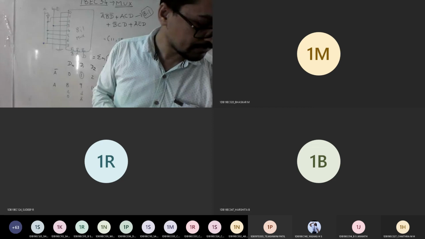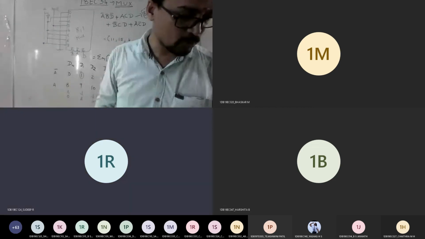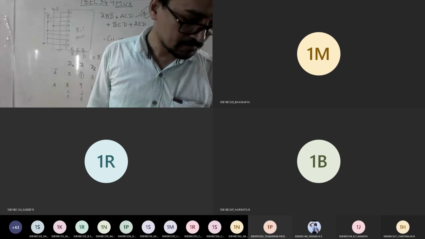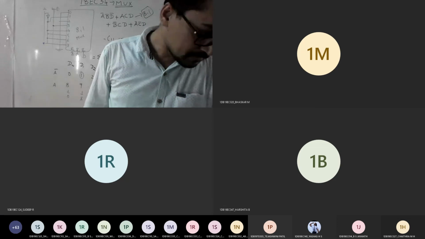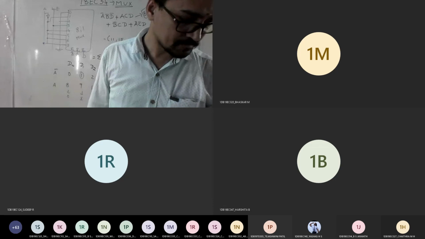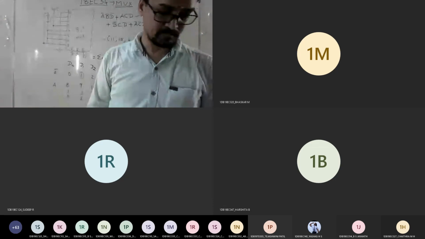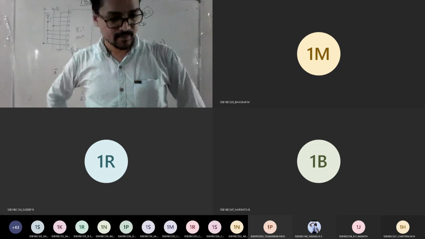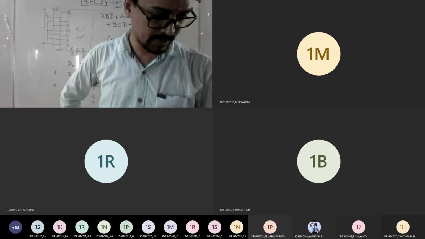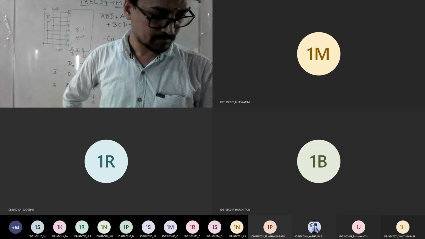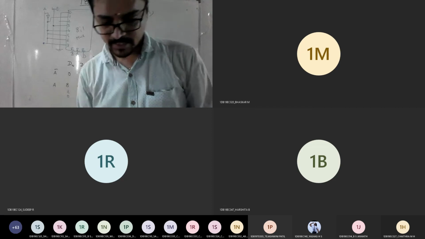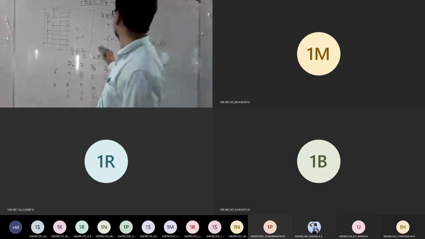Yeah, write the question. Implement the following Boolean function using 8:1 mux. Okay. So the question is again A, B, C, D only.